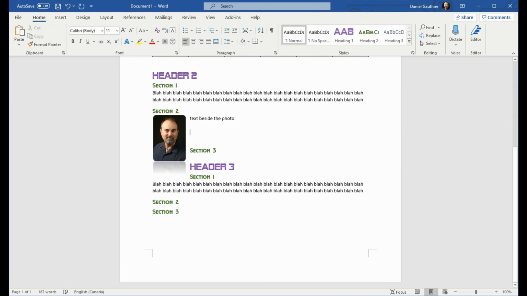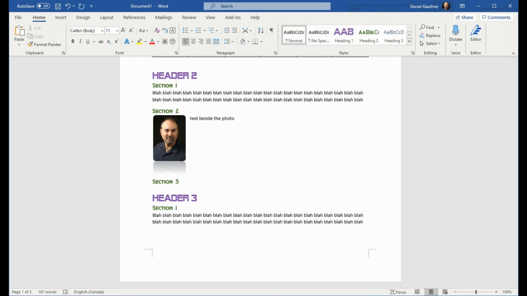And then you may have to press enter a few times to get down and then have that there. And then line everything up properly the way you want it.